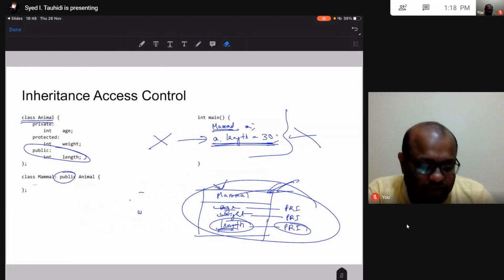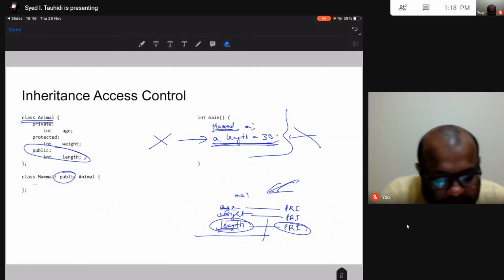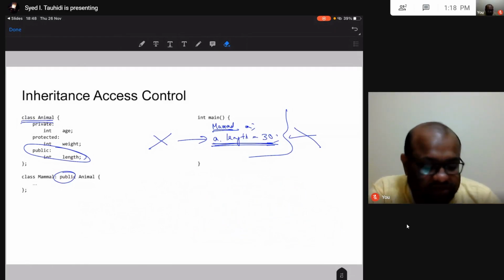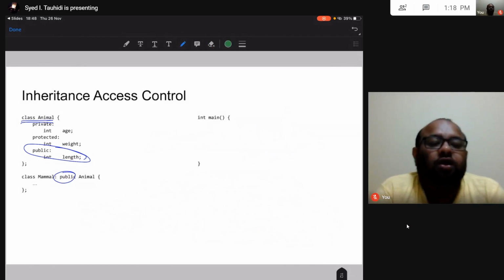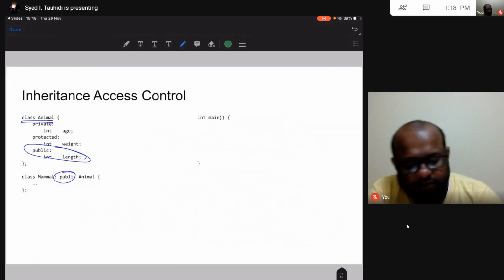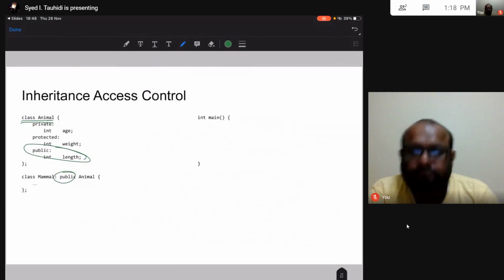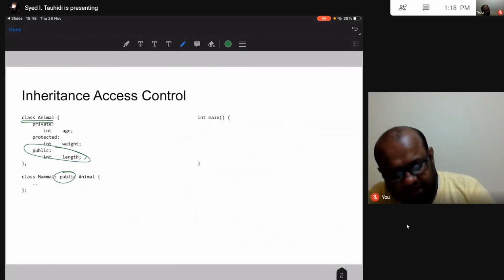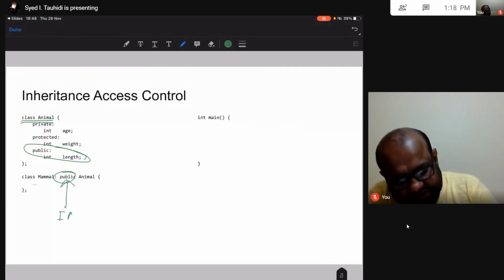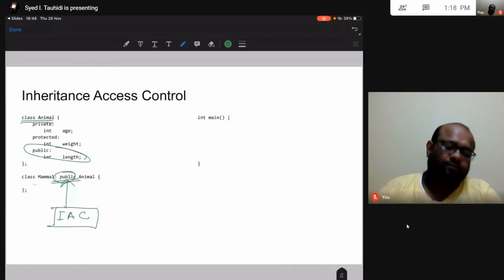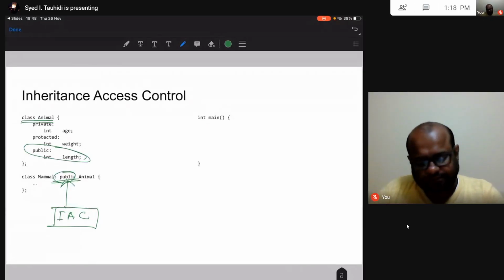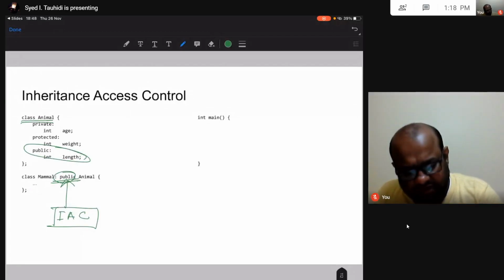And this you can control. This is not something that will happen randomly. Is public going to stay public? Is private going to stay private? What is going to happen? Is protected going to stay protected? What is the conversion that is going to happen? That you can control. And this control can be done through this inheritance access control. So based on whether we are writing public or protected or private, things are going to change. So let's discuss that. Let's go back to blue.